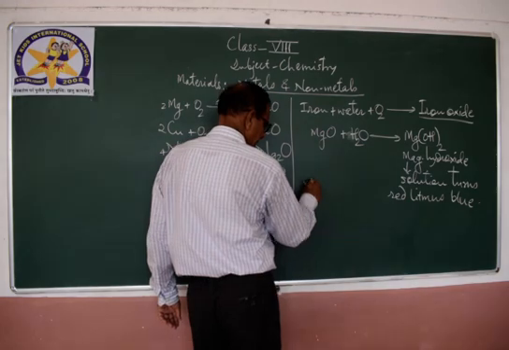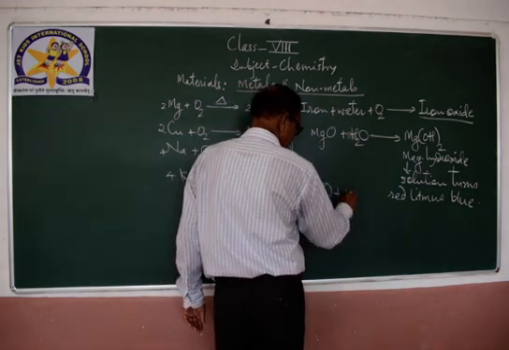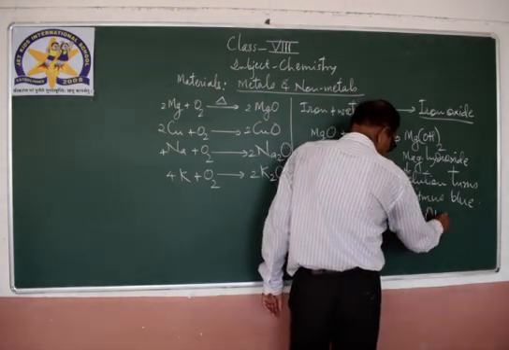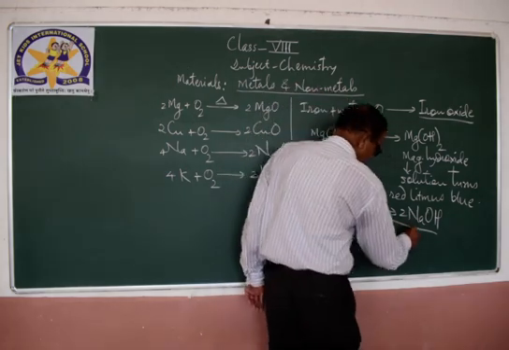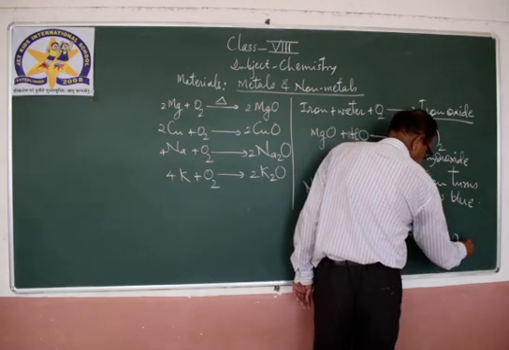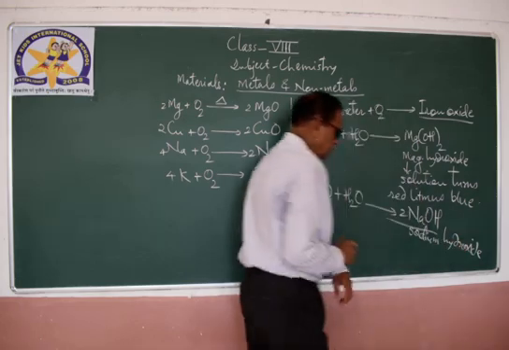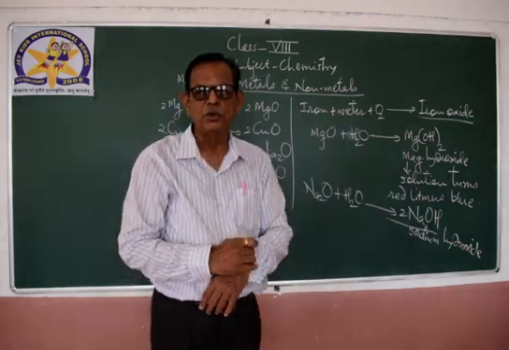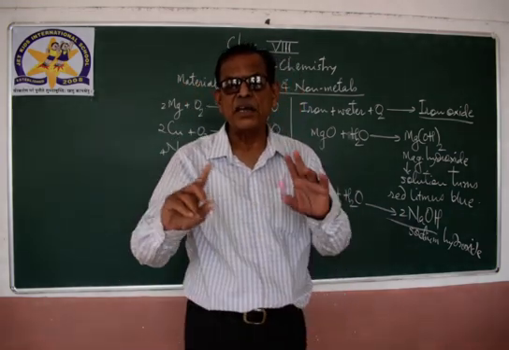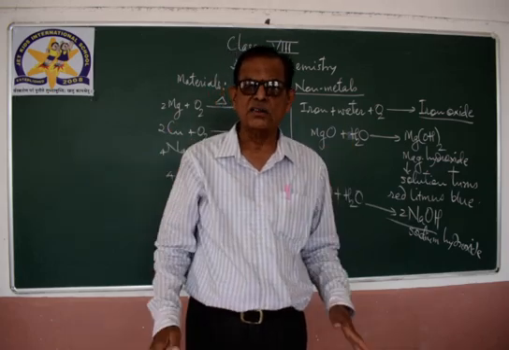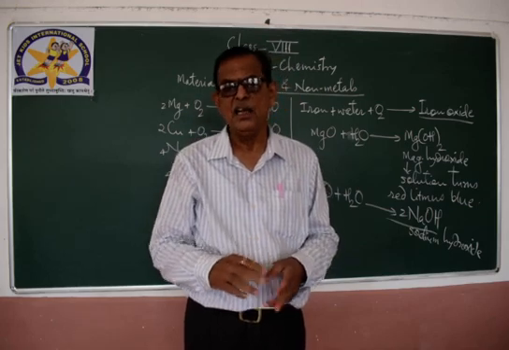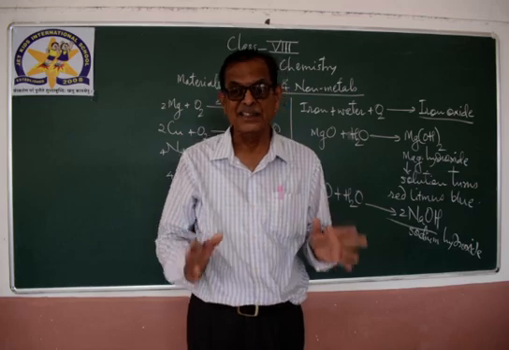So in this way, copper oxide, Na2O. For example, we can write the reaction of Na2O plus H2O giving 2NaOH, sodium hydroxide. This sodium hydroxide also turns red litmus paper blue, and therefore we can say that metallic oxides are basic in nature. All metallic oxides are basic in nature, and therefore in contrast to metallic oxides, non-metallic oxides are acidic in nature.